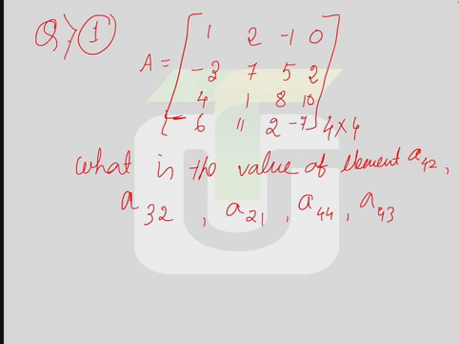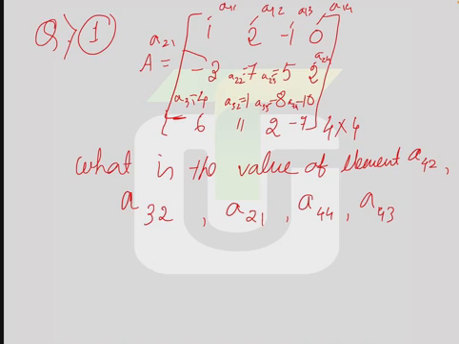Okay. So see, what is the address of the first element? This is what? A11. This is what? A12. This is what? A13. This is what? A14. Okay. This one is what? A21. This is A22. This one A23. And this one is what? A24. This one is what? A31. A32. A33. This is A34. Correct?